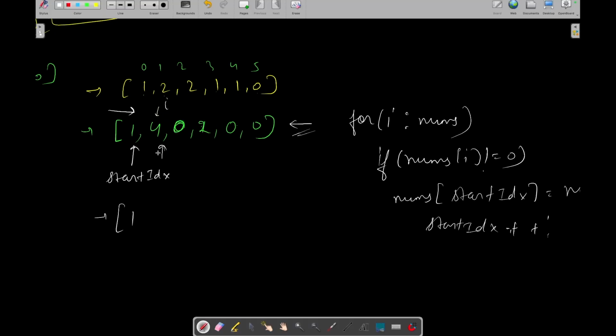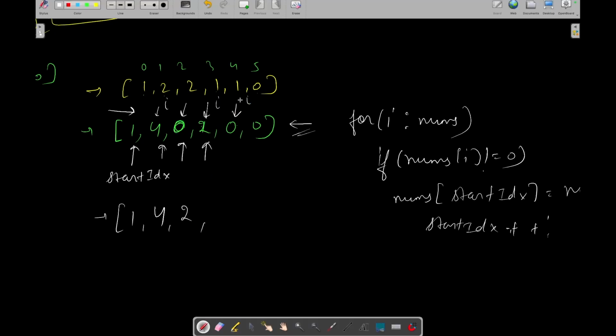This is I. nums of I is not equal to 0, so update nums of start idx with nums of I. Now nums of I is 0, so we will not update it and we will increment our I. Start idx is still pointing at this index. Now nums of I is not 0, so let's update our start idx. Now our start idx is pointing to this position and I is pointing to this position.